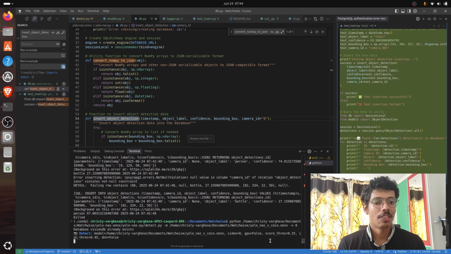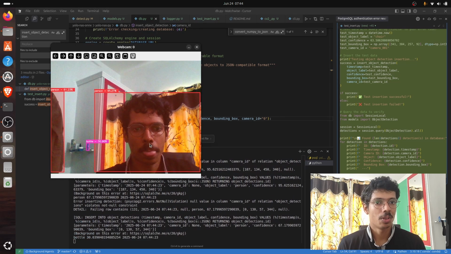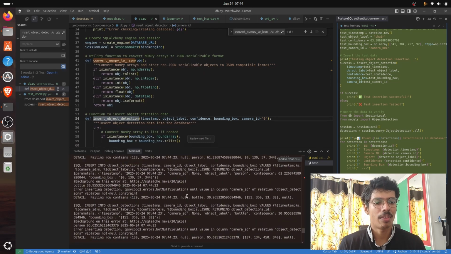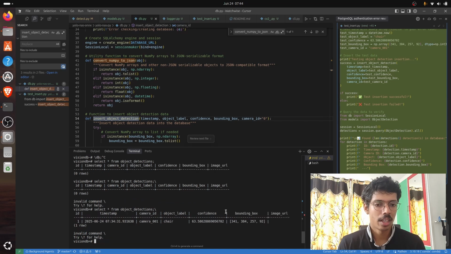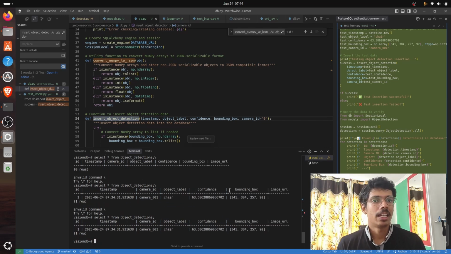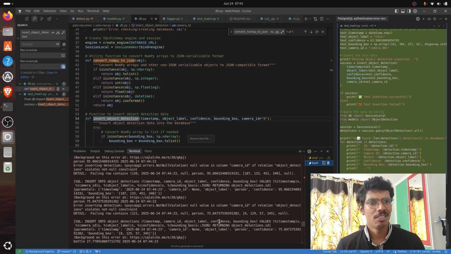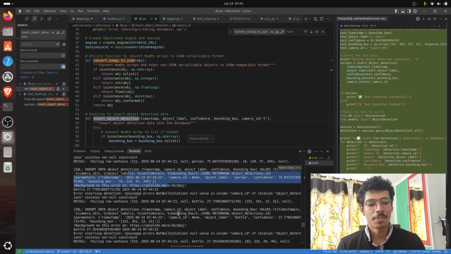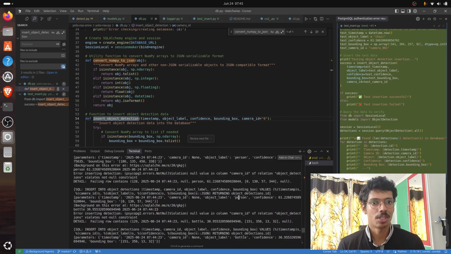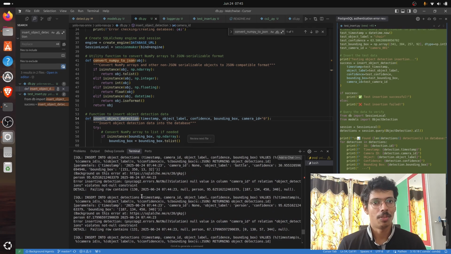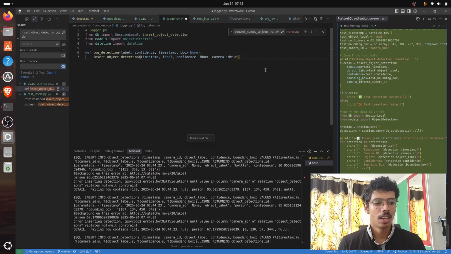But it was throwing us a null error. So for now, I set a placeholder value of 0 for it, and once I tried that, it started working. But I believe this placeholder value is not the optimum solution. We might figure out where we can get the identity of the camera. Once I gave that placeholder value, it started working perfectly fine in our scenario.